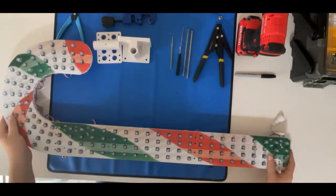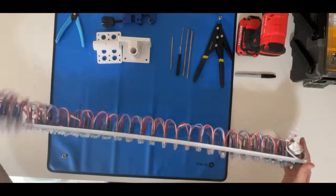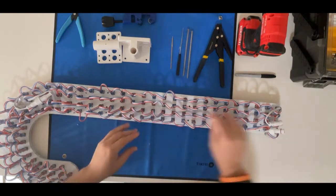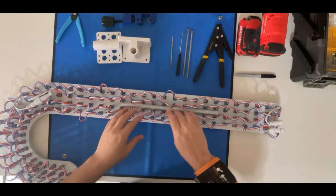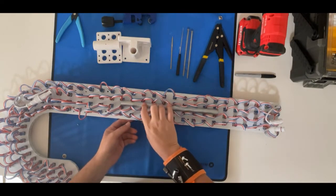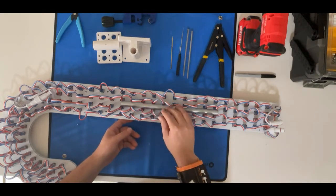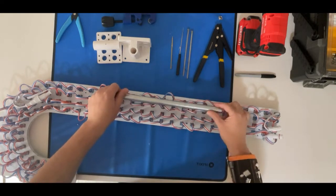And okay, guys, here we are on the workbench, and we'll kind of show you what we were talking about as far as not really being able to get a pipe between the pixels. We thought, well, we could still maybe zip tie it, but then it's going to apply pressure, which could push the pixels all the way through the Coro. I mean, you could do it loosely and still do, maybe one in this row and one in this row,